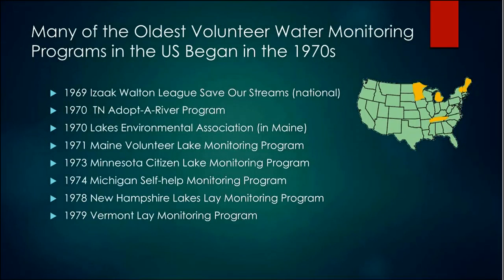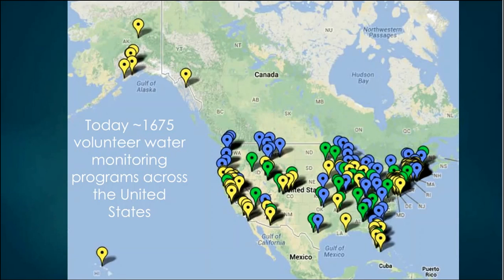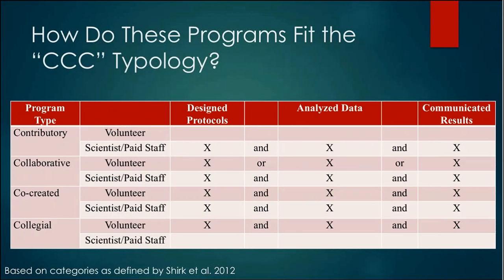And that's only continued to grow since the 1970s. Today, we estimate about 1,675 volunteer water monitoring programs operating across the United States. And one of the things that I did a couple of years ago, I did a national survey of all